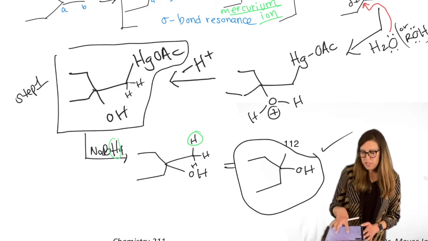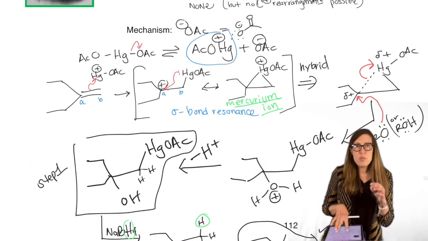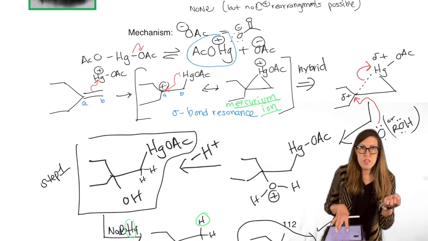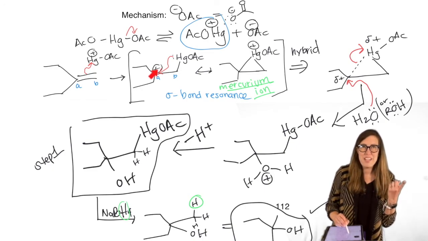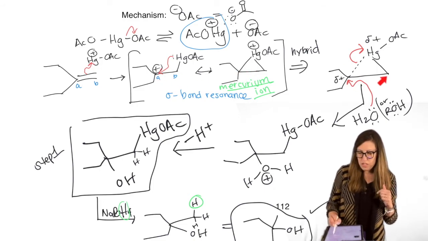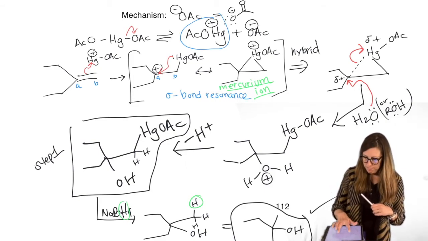So know how to do the first step because that helps you get to the bottom of why the regiochemistry is the way it is, why it doesn't rearrange, why we have the loss of stereochemistry, because we have a carbocation. We have a carbocation, hence we lose stereochemistry, right? We have a carbocation, hence we have Markovnikov selectivity. But we kind of don't because we never see rearrangements, even if they look like they'd be possible otherwise. So rearrangements don't happen. So that means we have a hybrid, kind of in between the two, which is represented by that hybrid there. Let's put this all together.